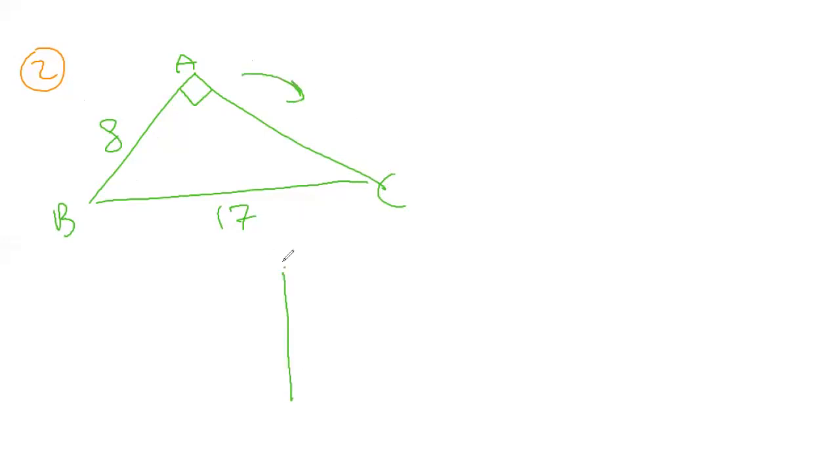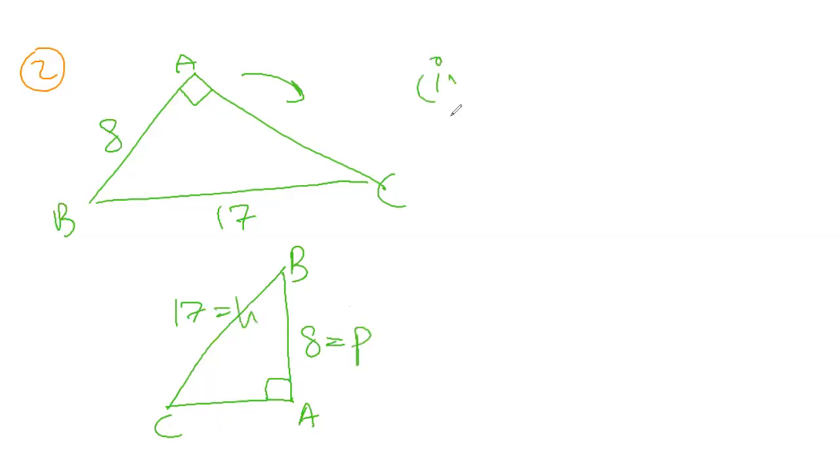So this triangle would look like this somehow. So this will be A, C is tilted towards here and B is tilted towards the north. So this will be B. So our AB is 8, our BC is 17. So we have already found out the H, that is the opposite side towards 90 degree. We have already found out BA, the perpendicular, that is 8, and all we have to do is find the B.